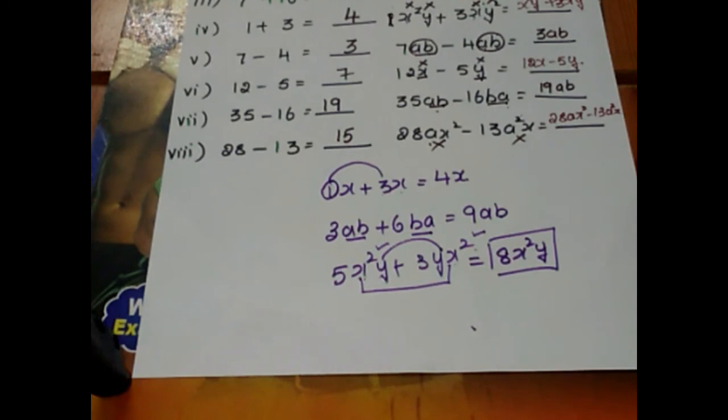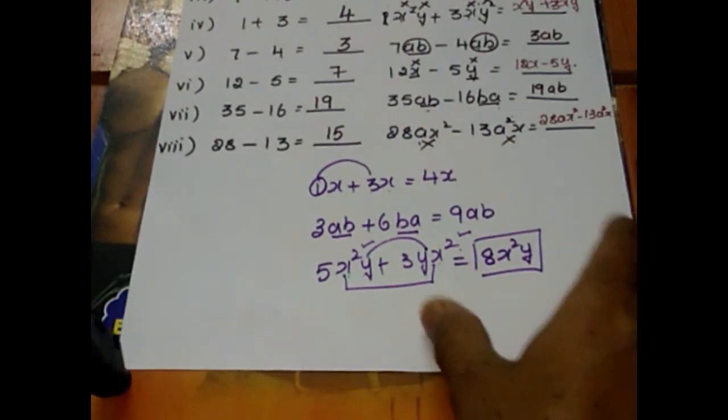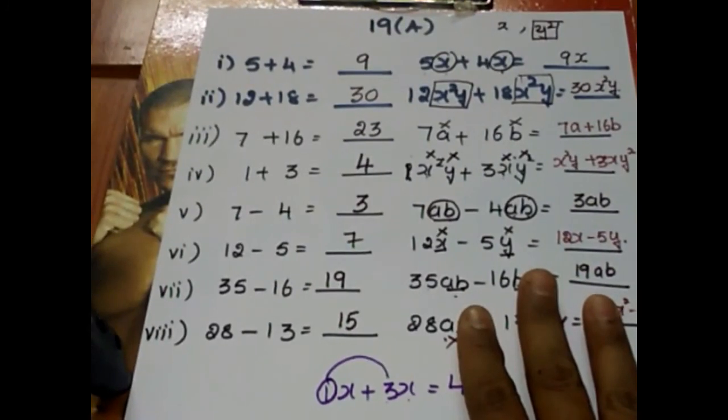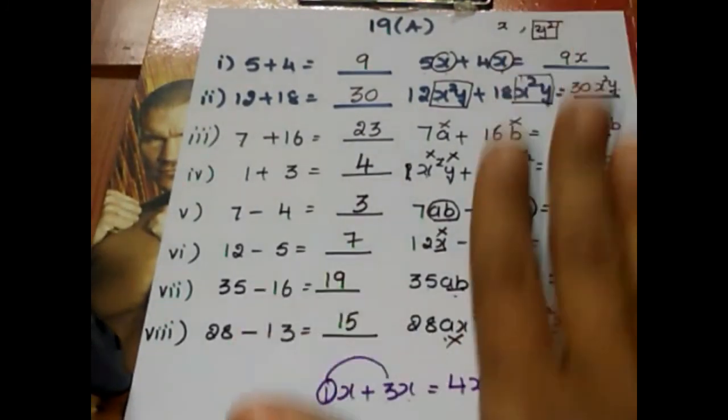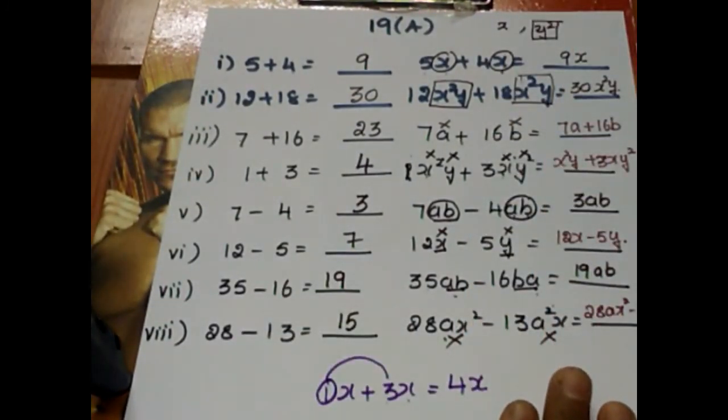So in today's class, we have learnt about the first operation on algebraic expressions, that is addition. The 3 steps to be followed when you are adding any algebraic expressions: go through the given terms. If the terms are like terms, then add. If the terms are not like terms, if they are unlike terms, write the given terms with plus sign and complete the solution. In the next class, let's continue with the second operation.